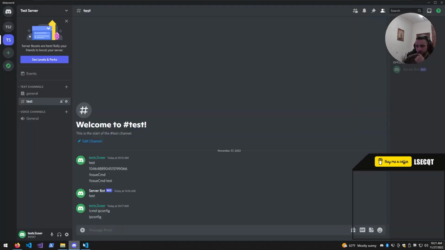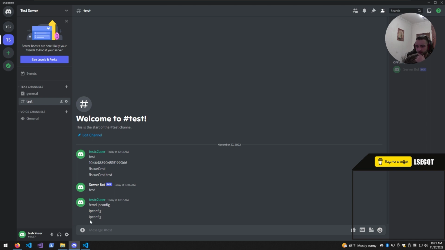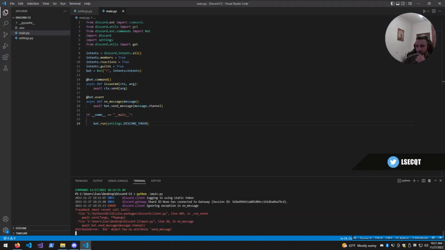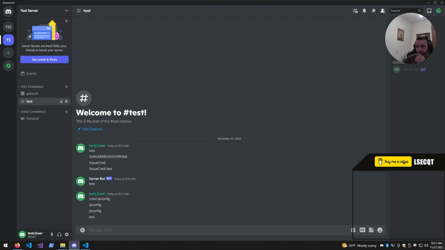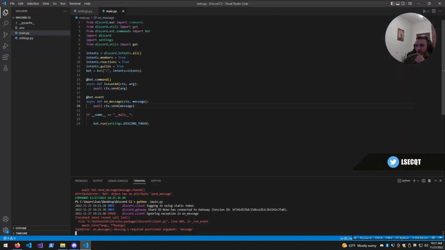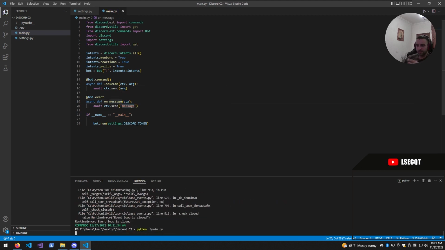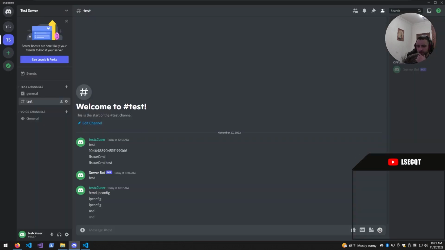Now it worked. So if I type ipconfig again, exception. So we can use ctx and then do quite the same thing like that. Just to verify, we can pretty much read the commands there. So if I do asd, exception again. We don't need that message actually, we can encode that because that's gonna be our command output there. So if I do asd,